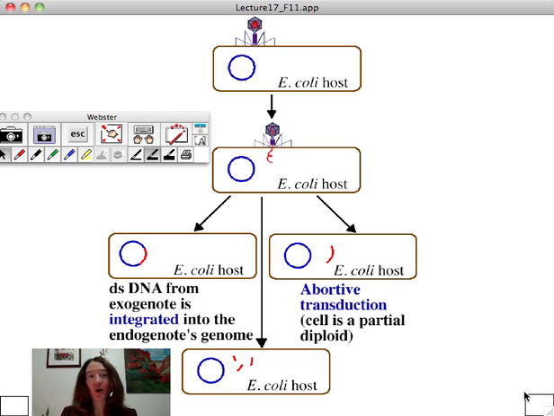And of course, everybody knows we can have the circumstance where degradation is the fate of that exogenate DNA. So I hope this helps cover transduction,